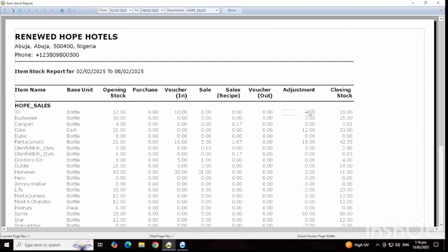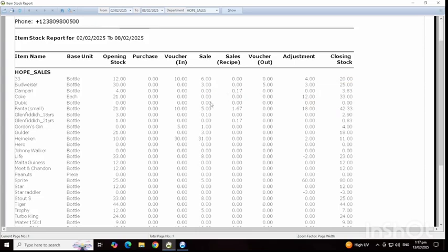Then voucher adjustment. By voucher adjustment, 4 bottles were added, maybe from a party. Unsold bottles we have returned to the system as voucher adjustment. So when you now do this addition, 12 plus 10 gives you 22, plus 4 again gives you 26, minus sales, which is 6, gives you 20. So that's why you're having 20 as your closing stock right now. So you need to be careful about this. You need to understand it for you to be able to manage it, and also minimize mistakes that you might